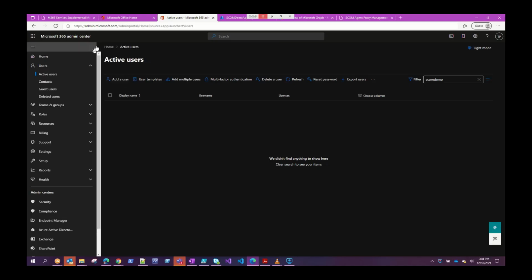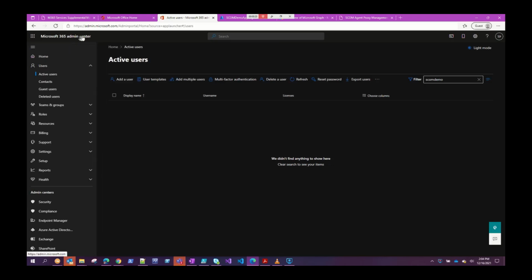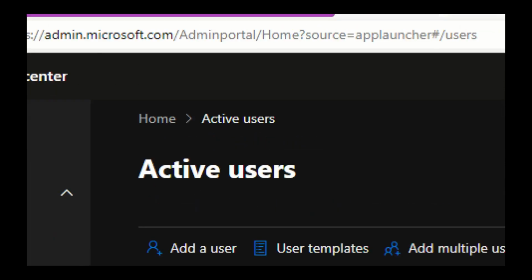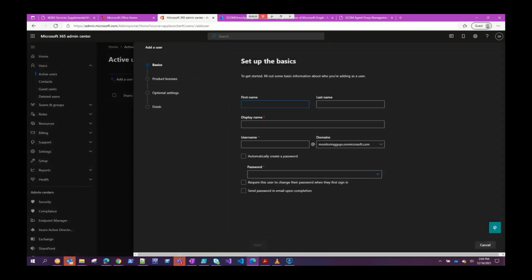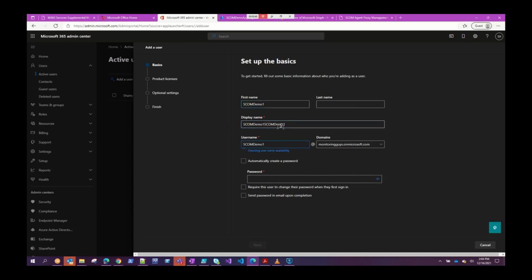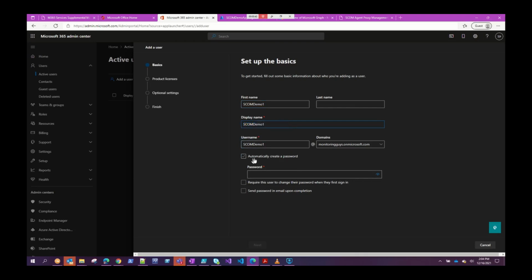So here we are in the Microsoft 365 Admin Center. You can see the URL here is admin.microsoft.com. I'm already logged in and I have the active users window open, and it's really easy to add a user. The user I'm going to add is going to be SCOM Demo 1. And I'll just paste, paste, paste. And for password,